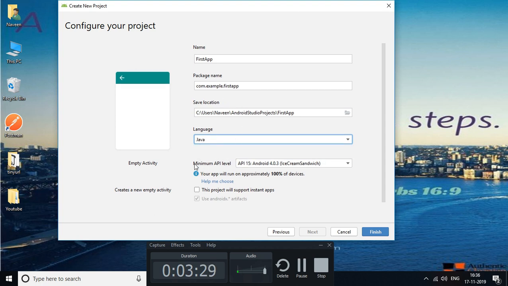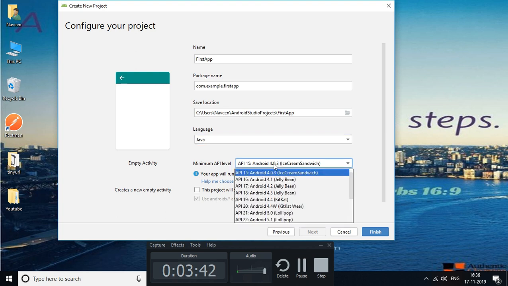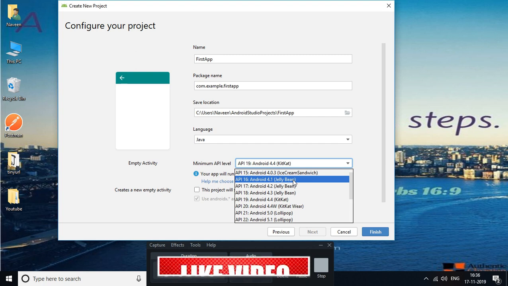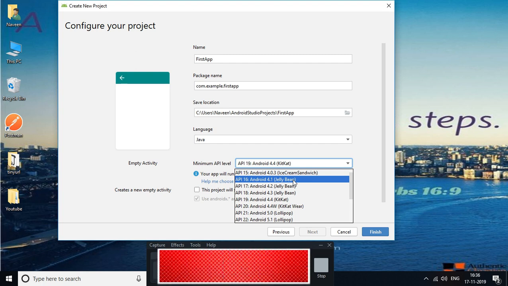Then there is the API level. API level is like when you use Android, you have heard about Android 8.0 or Lollipop or KitKat or Marshmallow or Android Pie, whatever version. Mostly nowadays every developer targets a minimum version of KitKat, because if you select lower than this, there are many functionalities which do not exist in that SDK.